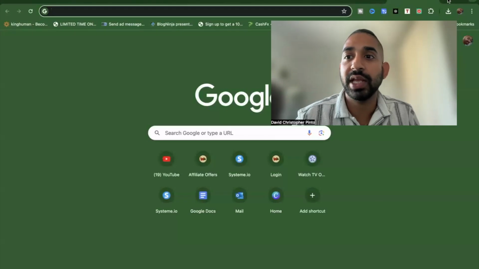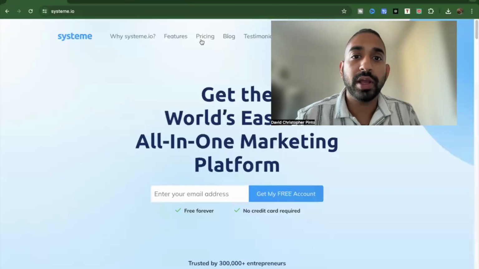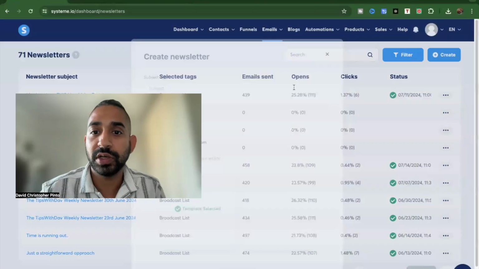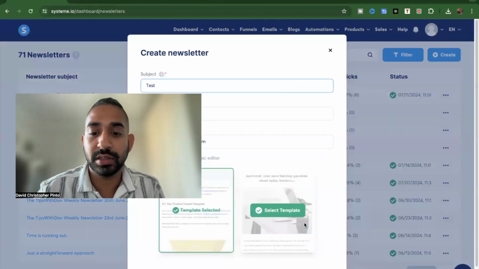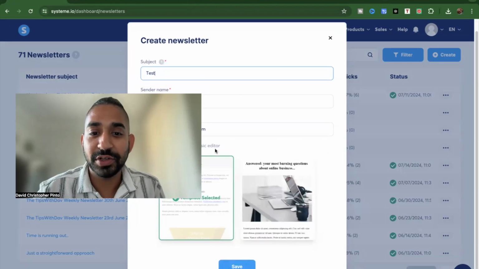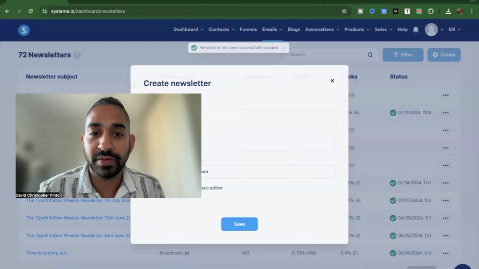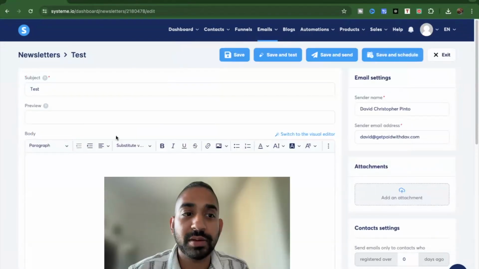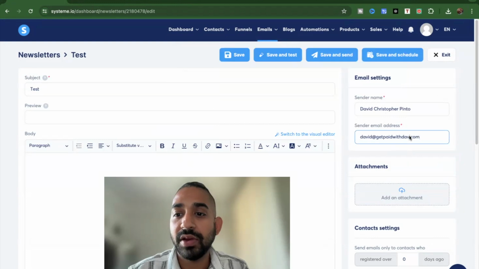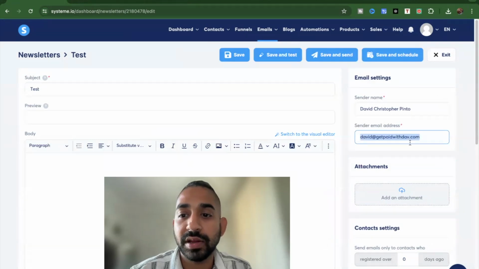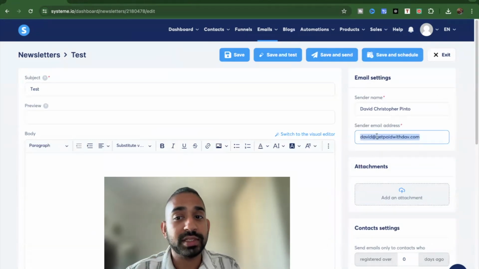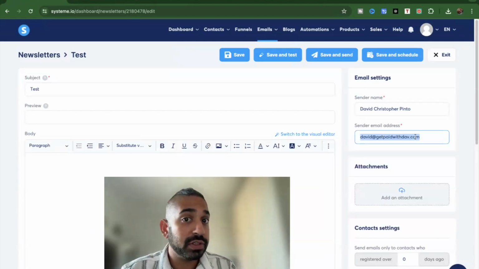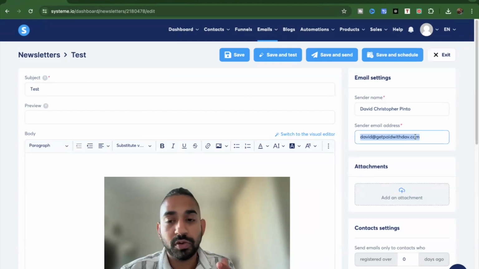So when I'm sending an email, just to show you on System.io, I will log in and create an email very quickly for you guys to see. Just create a newsletter, put test to show you guys. I might use it in the future, classic editor, and then just save. Okay, let's open this test. As you guys can see, there are elements here in the test. You have the subject, the preview, and the name, and then you have this email address right here. The email address right here is what I'm sending it from. My domain is getpaidwithdave.com, which also has a linked email address to it. It makes it more professional first and foremost, and it helps your deliverability and many other things.